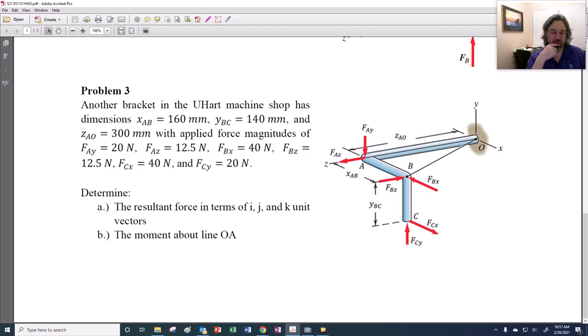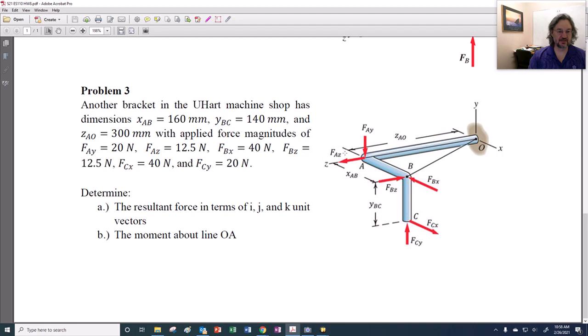So here is homework 8, continuing the story of homework 8. We're going to take problem 3. Now we had a bracket, and the machine shop has the dimensions of 160 millimeters right here, 140 millimeters up right here, and 300 millimeters in the Z direction. And the applied magnitudes are 20 newtons at A right here,